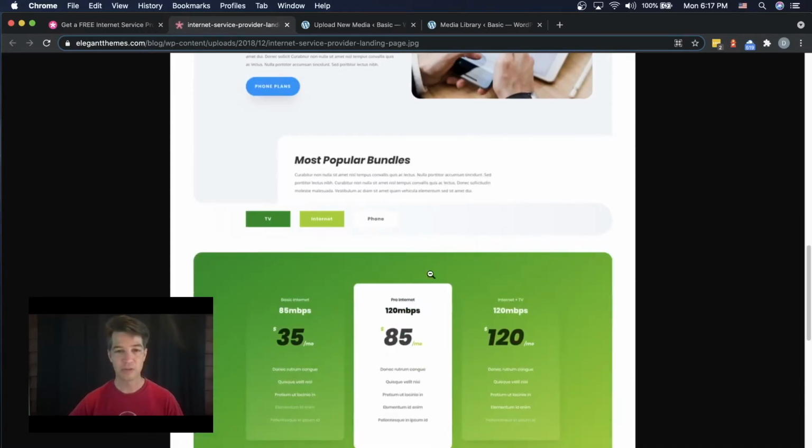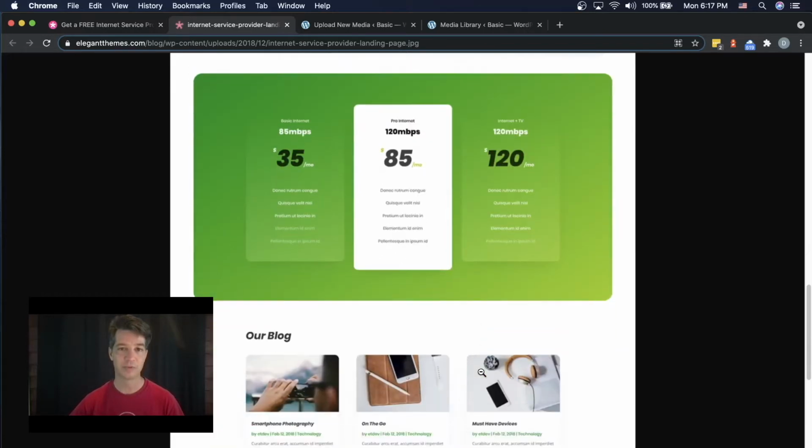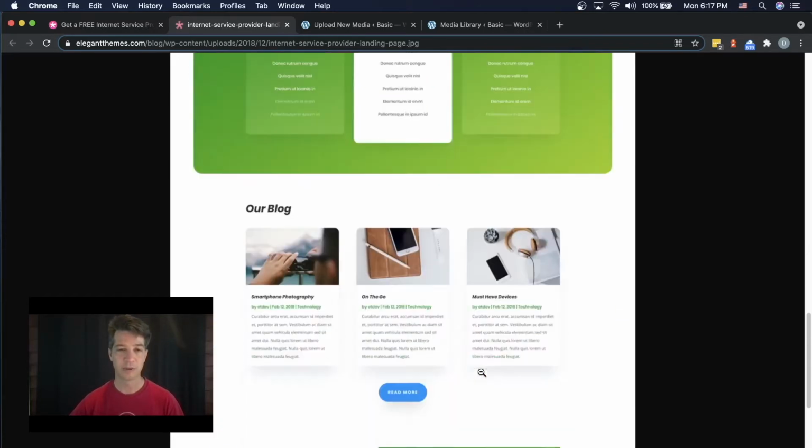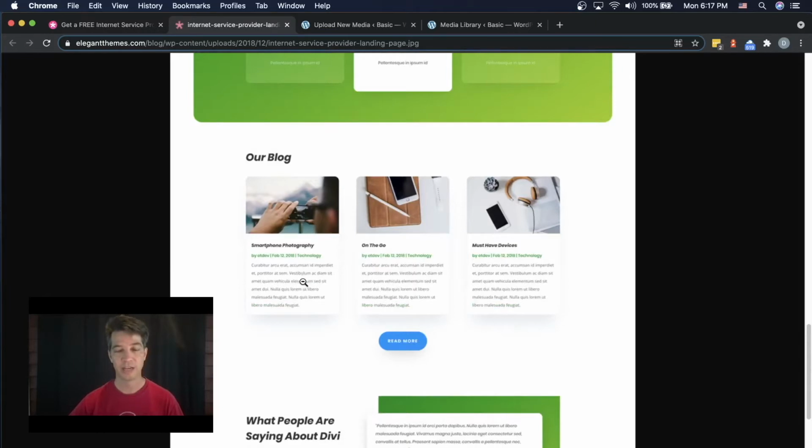We're not going to be using this section at all. This has to do with pricing and that type of thing. We're not selling anything for this web design. We are just trying to give people a chance to sign up to a newsletter and to get more information. We will have some additional articles from other websites, so this little area here will kind of mimic this as something that we can link to